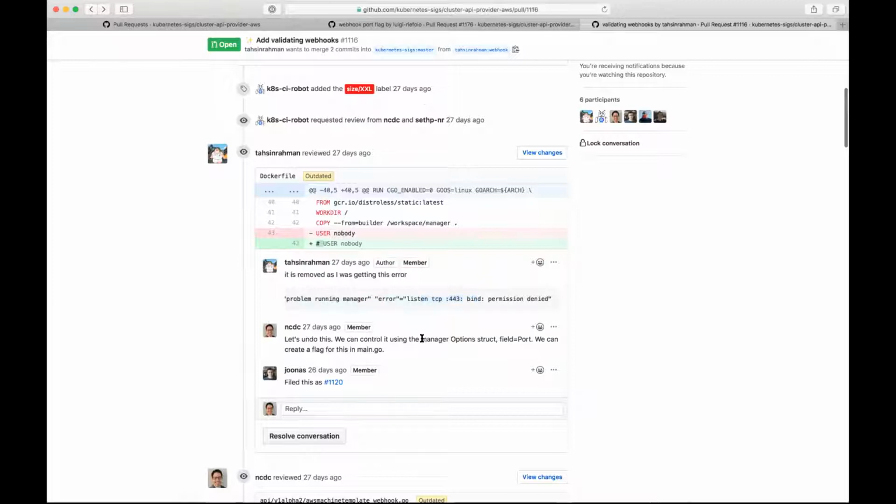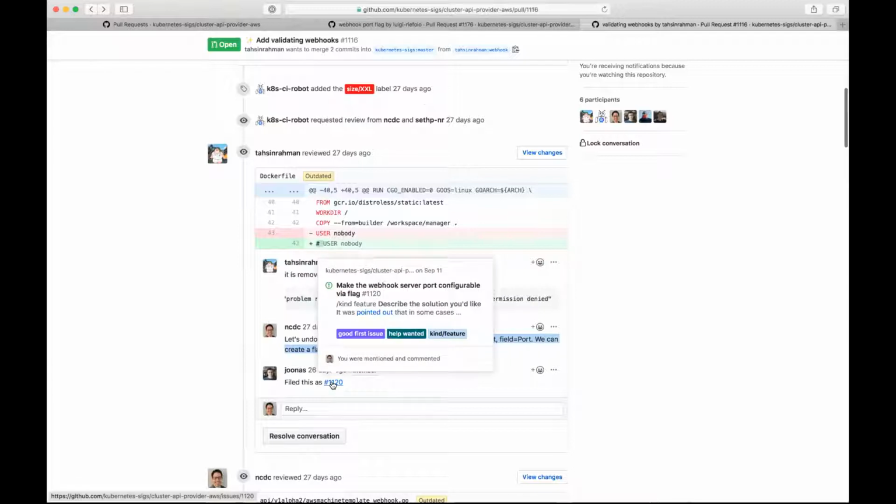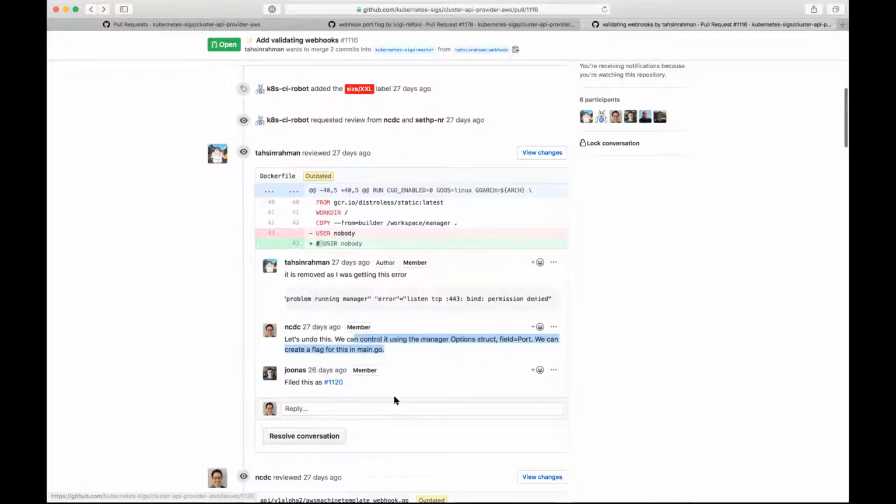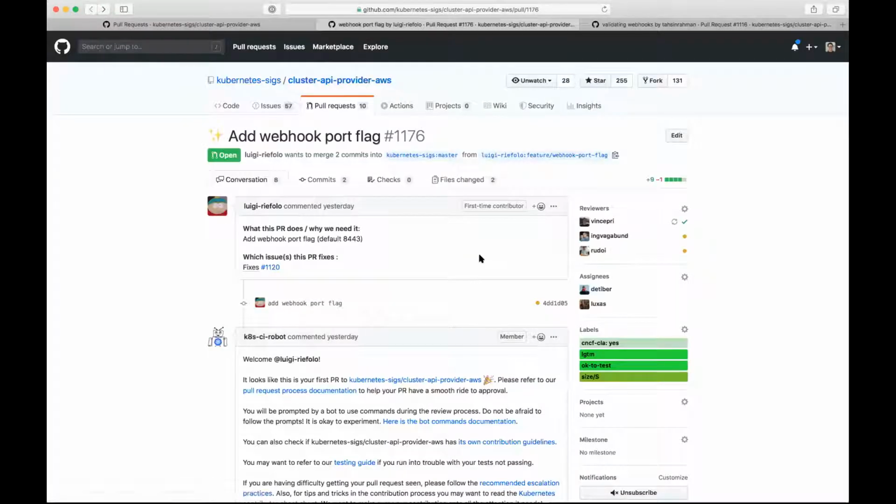And so we ended up filing issue 1120 to make the port configurable, which led to the PR we were just discussing. So we're fine in either order. Although if this validating webhooks PR goes in and we don't have the configurable port with the default to 8443, then we can't run. So yeah, this can go in now.